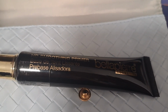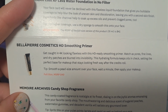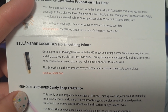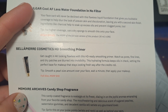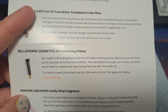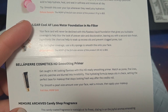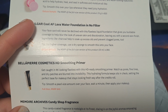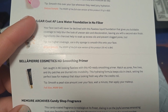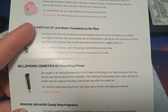Sorry about that. Let me get a better angle. And we have "Get caught up in 4K, looking flawless with this HD-ready smoothing primer. Watch as pores, fine lines, and dry patches are blurred into invisibility. This hydrating formula keeps oils in check, setting the perfect base for makeup that stays looking fresh way after the credit roll. Smooth a pearl-sized amount over your face. Wait a minute, then apply your..."